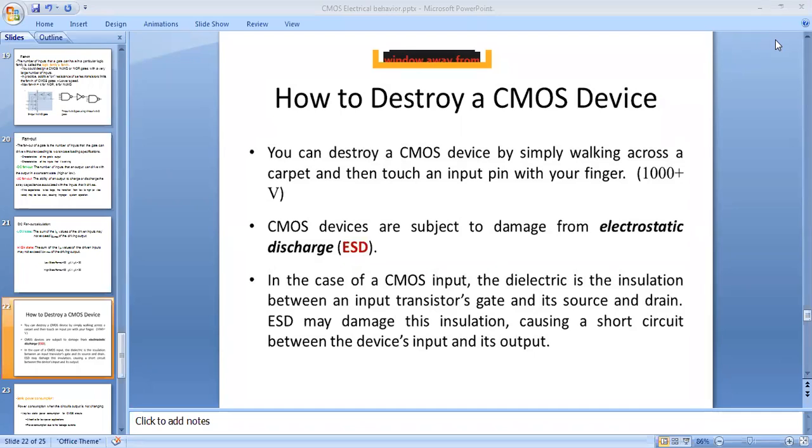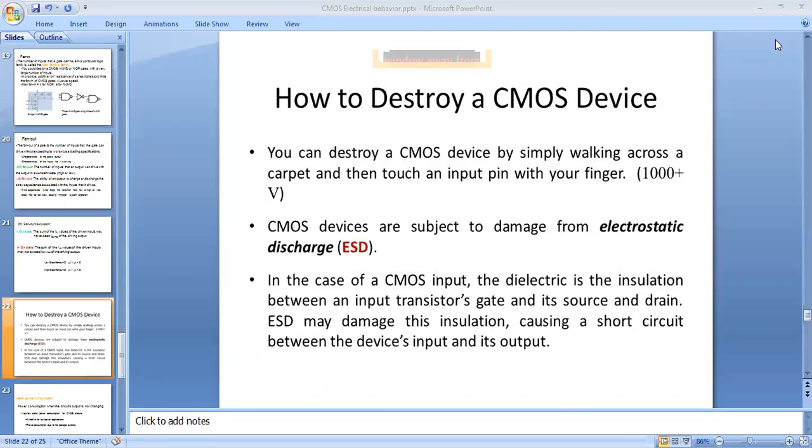You already know that is between P and N. Similarly, if we consider a PNP transistor, at the first P and N junction, we have some capacitance. Similarly, at the second side, the N and P junction also, we have some capacitance. Like in transistors, in the CMOS also, we have input capacitance between gate and channel.